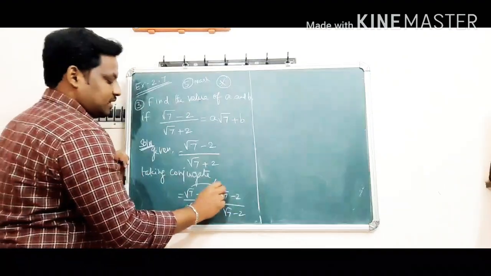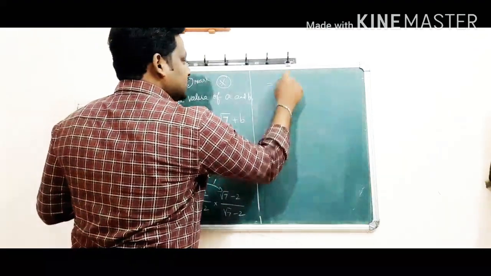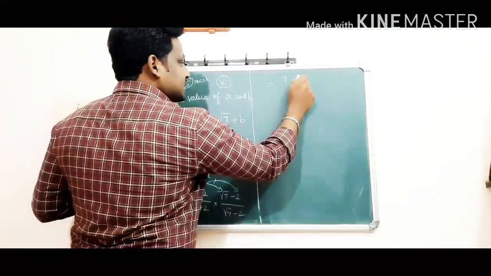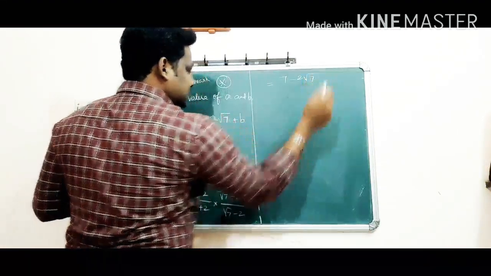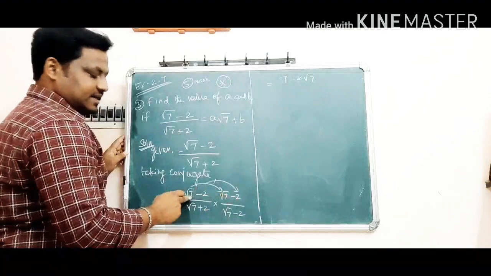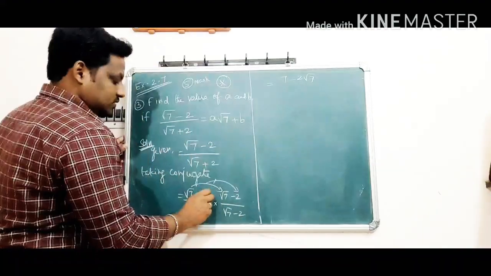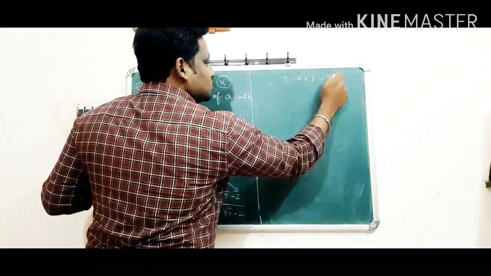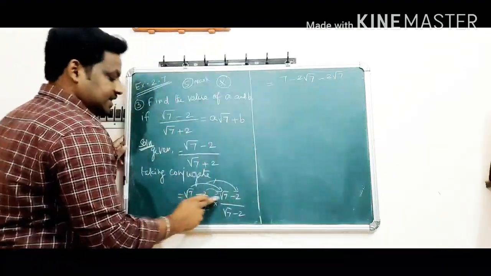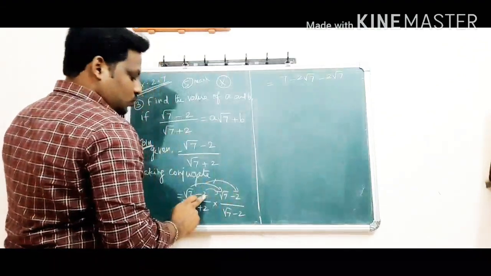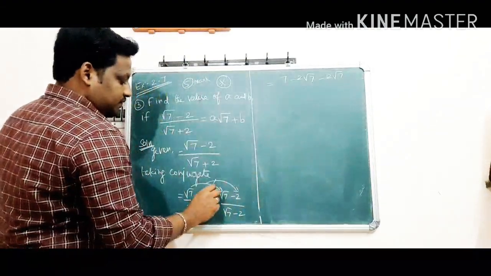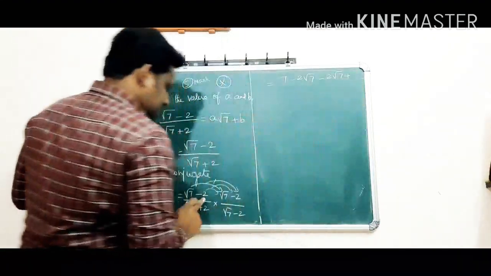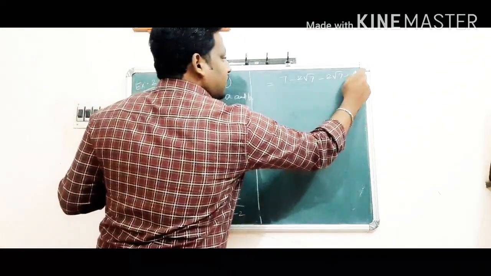So now you have to multiply root 7 into root 7, which is equal to 7. So root 7 into minus 2, minus 2 root 7. So 2 is an integer number, and root 7, 2 root 7. Now the second number, what is that? Minus 2 into root 7, minus 2 root 7. Okay, minus into plus, minus 2 into root 7, 2 root 7. Now minus into minus plus 2 into 2, 4.